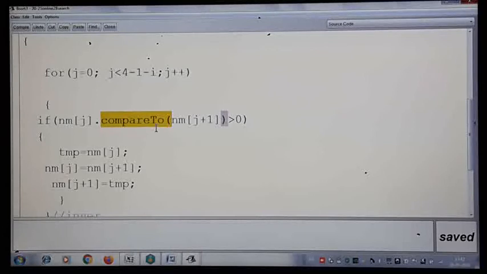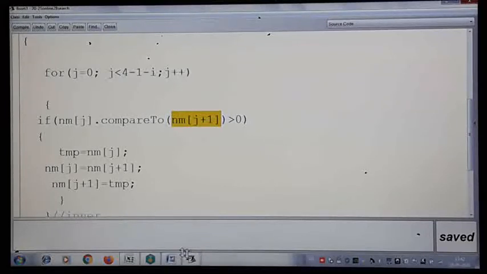command is working. So I will just summarize. The compareTo command will give you the difference between two strings. It will give you above 0, meaning a positive number, when the first string is bigger than the second string, and it gives a negative number when the first string is smaller than the second string, and it will give you 0 when both the strings are equal. So I have given you notes, please revise once.